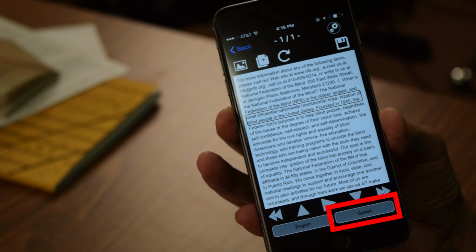Button. You can change the speaking speed of the text to a speed that you find compatible. I think I have this set to 15 or 16%, but many people might want to read at a much faster speed. And that's your last option, the speed setting.